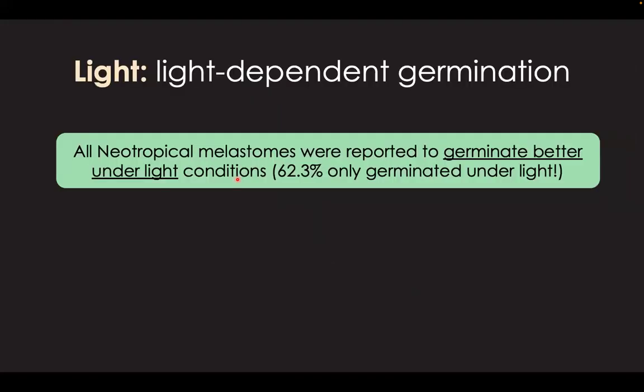And yeah. So now that we have talked about dormancy, we should talk about the germination physiology of this species. If there is something that you should know about these species and seeds, it is that all neotropical melastomes so far are known to germinate better under light conditions. And even more than half of the species that we evaluated only germinated under light. So if you ever found a melastome that is germinating mostly on dark conditions, that is something strange, quite different,